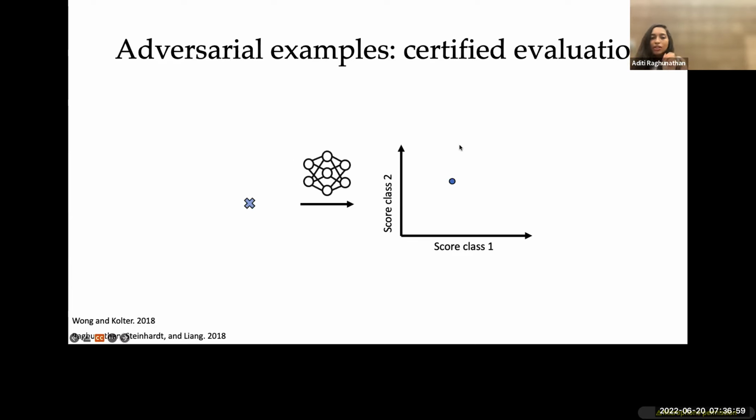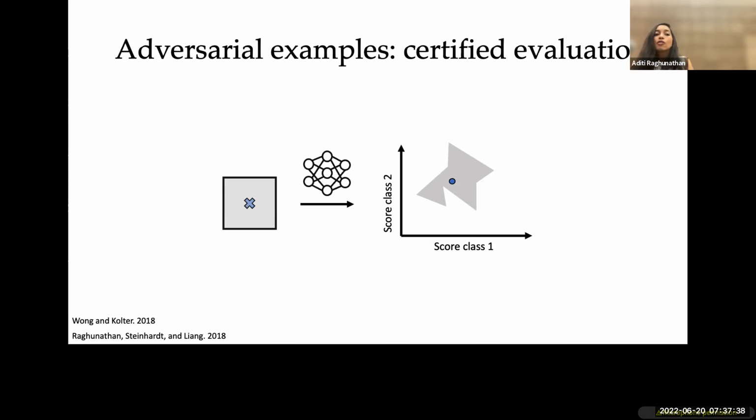So you have an input, and let's just illustrate this for binary classification. It goes through a network, and you get a score for each of the classes. Depending on whichever score is higher, you assign that class as the prediction. This is typically how we think of what comes out of the model. Now, what happens when you perturb the input? You can try to see what happens to the corresponding scores. Because your input goes through a neural network, which has many layers and non-linearities, what comes out could be this really complex non-convex object that is the scores corresponding to the perturbations.